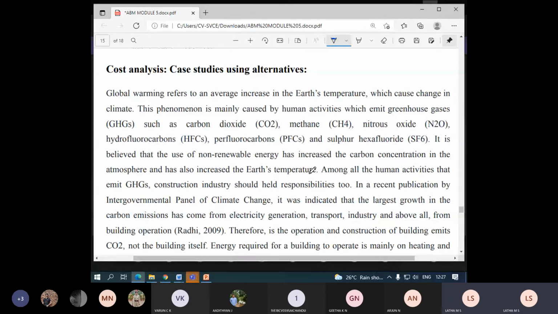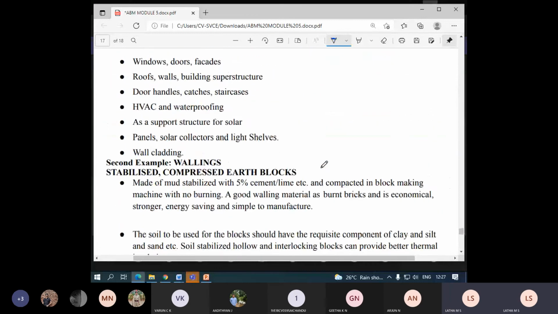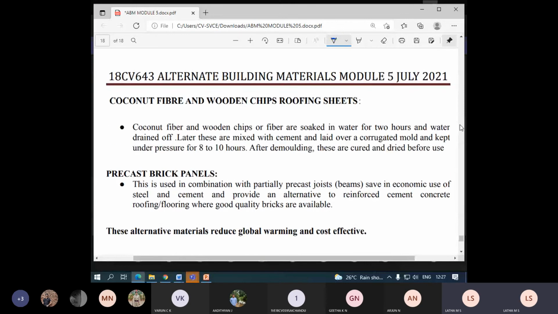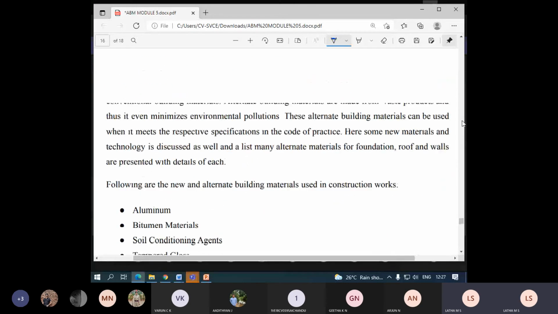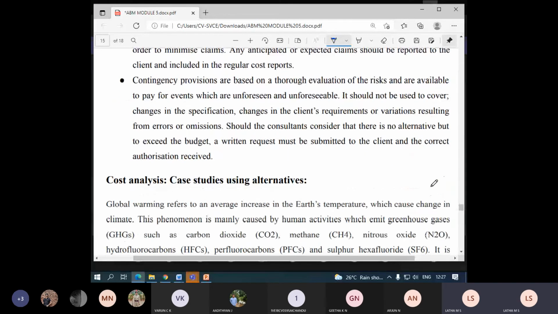Next is the last topic of this module. But I'll not end with this last topic. It is a very high thinking level topic. It is related to the assignment I had given, to design using alternate material, whether agro material or industrial material, and define an end product of it. Similarly, it is the same thing, but it is talking in terms of cost analysis.